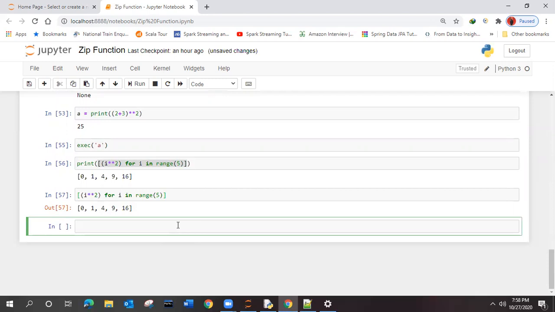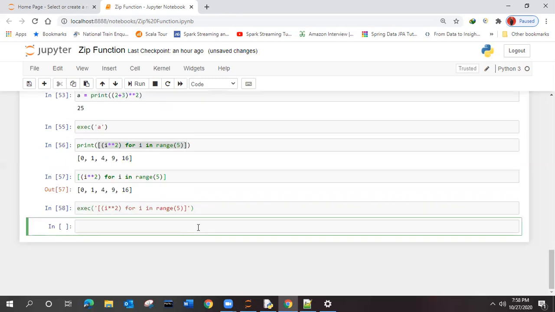It's the same without the print statement. So without printing also it is working, right? Now we will take this input into the same thing as the above one, right? It will not show the output.